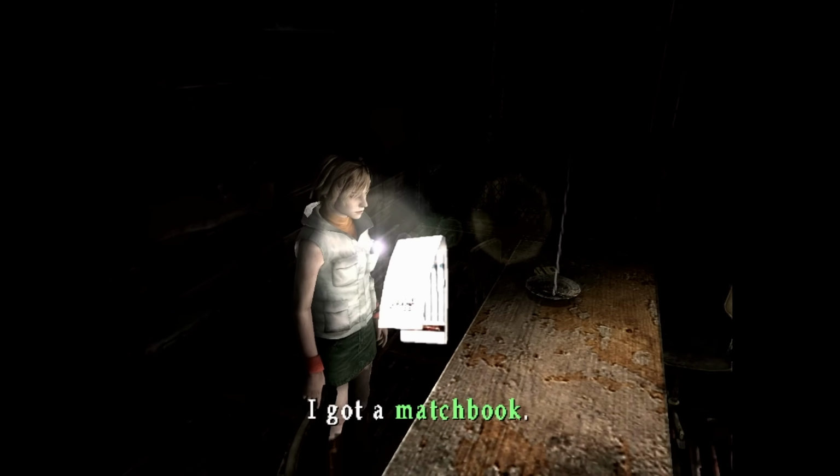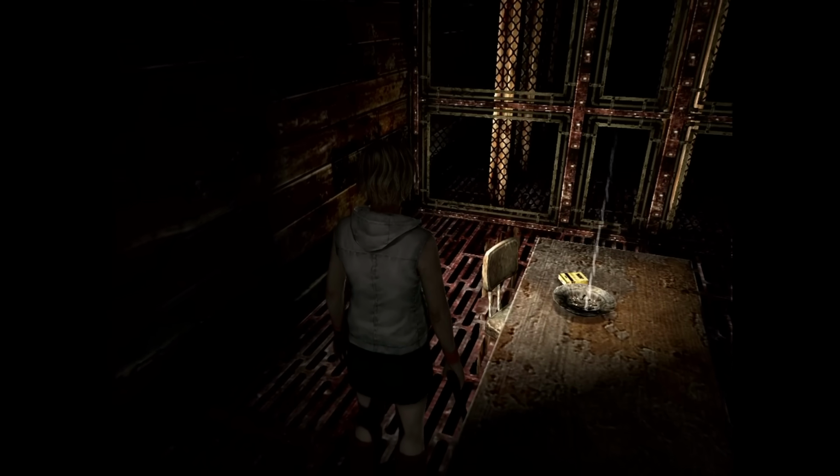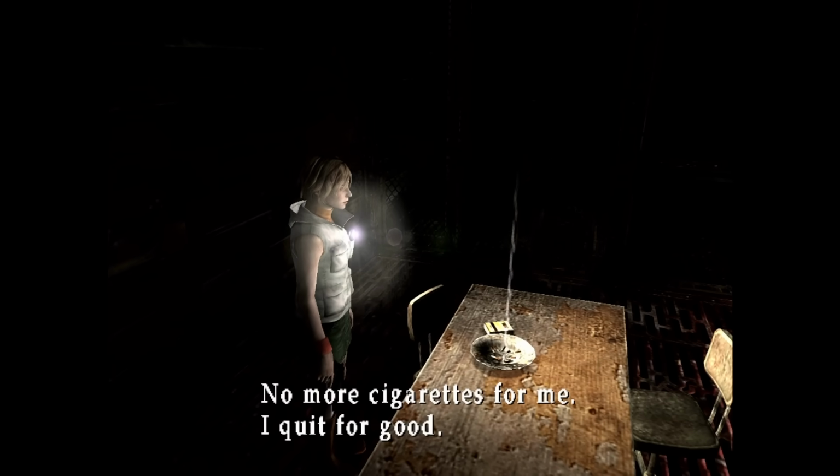Back on the elevator, we can head up to the 5th floor where you can discover a lighter in one of the office rooms. It's here that I made a very interesting connection. Within this room, we can discover a bowl of cigarettes. Normally, I wouldn't bring attention to something so mundane, but inspecting it reveals that Heather used to smoke cigarettes at